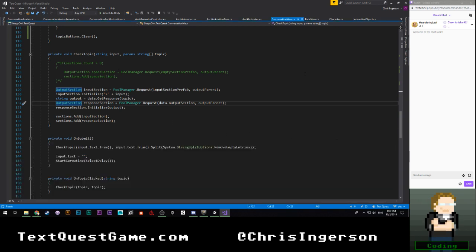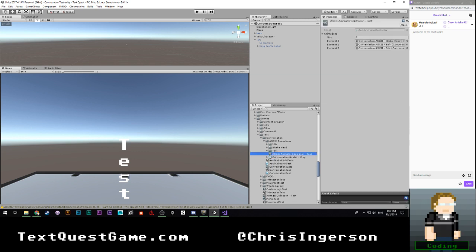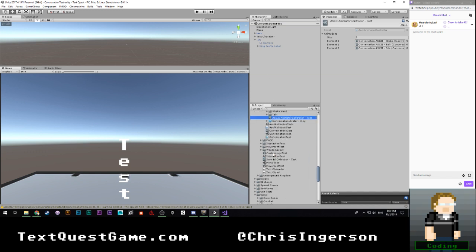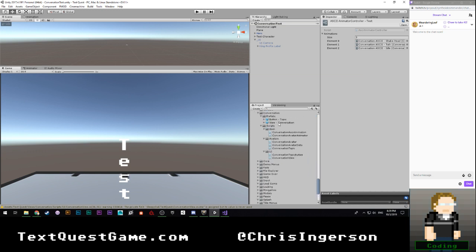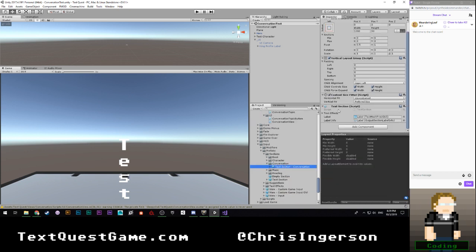Okay, so this is about to get annoying because I did not set up a callback method for the speaking text, which we are going to need, obviously. So I'm going to pop down here to view conversation. Text section, conversation. It is a text section with. That's not right. Give it a second. It has to compile.